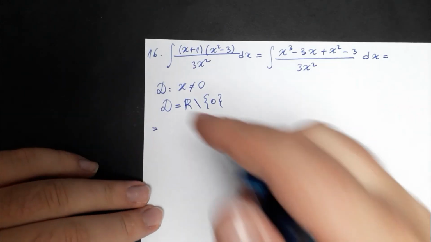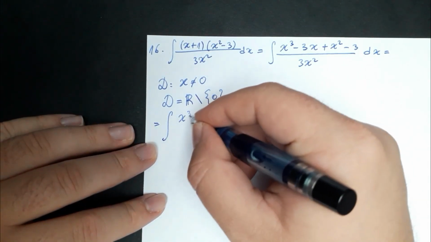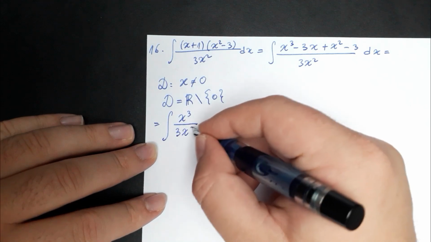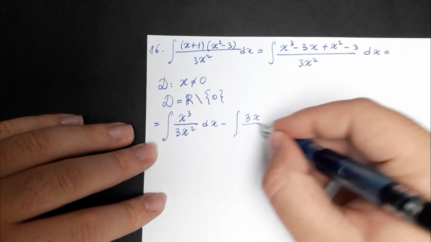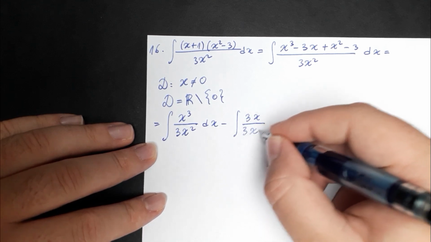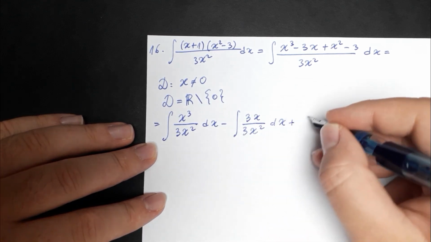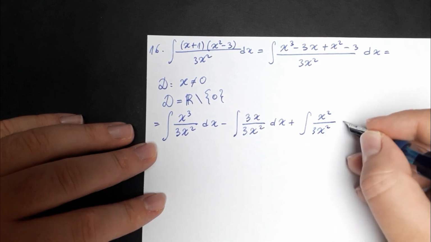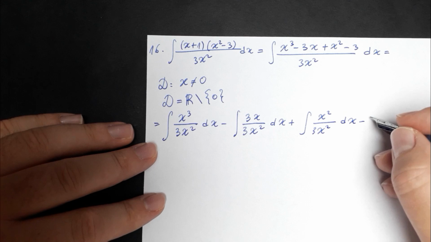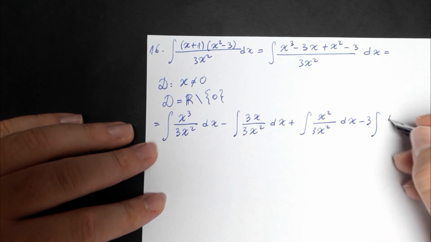This is an integral of x cubed divided by 3x squared dx minus an integral of 3x divided by 3x squared dx plus an integral of x squared divided by 3x squared dx minus 3 times an integral of dx divided by 3x squared,